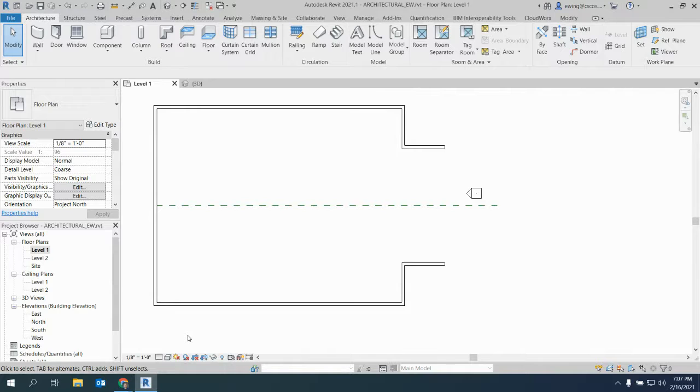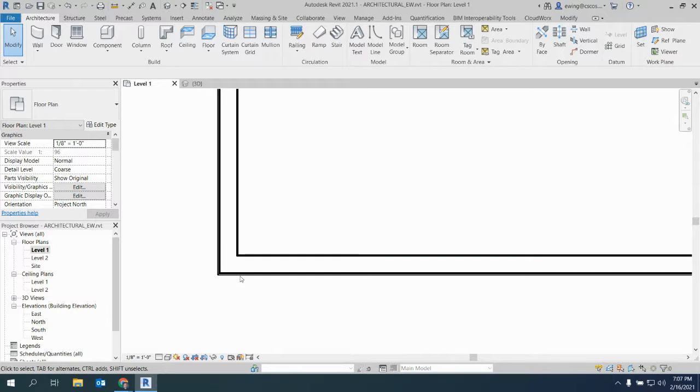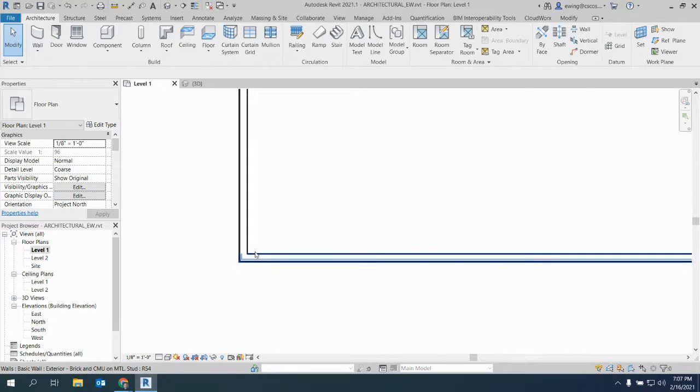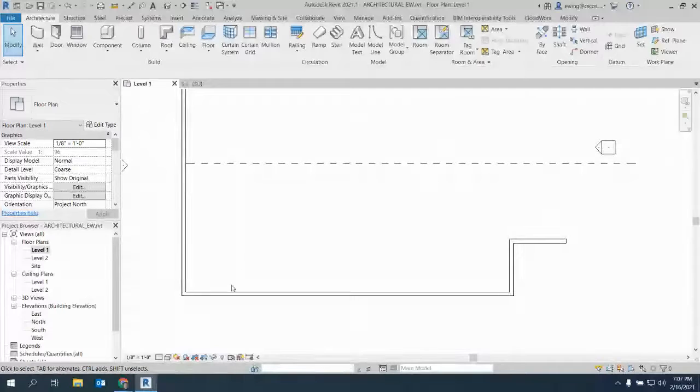So our visibility graphics, all of that stuff only pertains to that view. We can duplicate these views, we can make blow up views, we can make color coded plan views. Those settings won't affect, say for example, the view you have on a sheet that you want to print. So that being said, we do understand that this isn't quite illustrative of that wall that we know is here. We want to keep it at 1/8 of an inch,